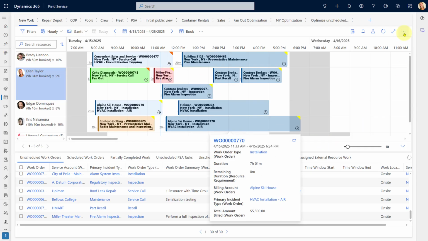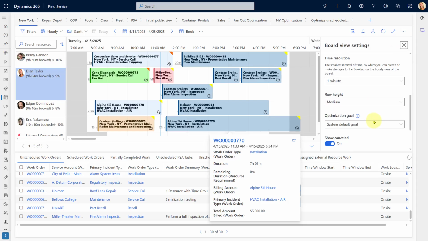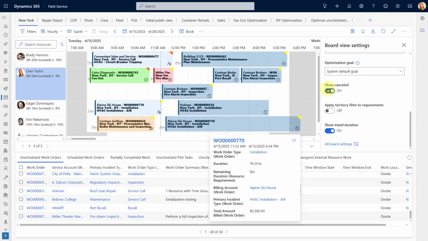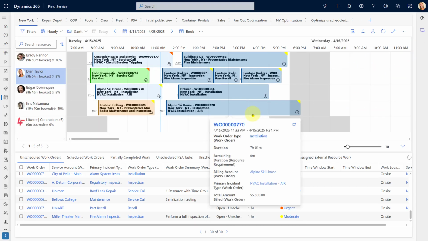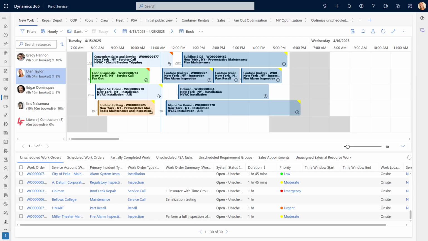And if you don't want to show those canceled bookings on your schedule board, you can even go ahead and say, you know what, I want to turn them off. I don't care about that. And there you go. This looks a lot better. Okay, so